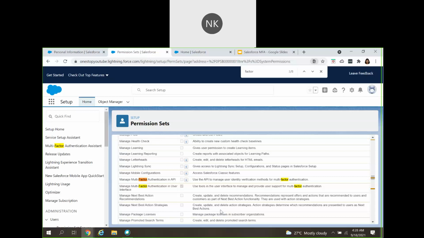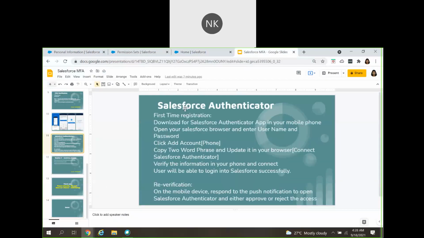Now if the users are using the third party authenticator app, what you can do, if the Salesforce admin has that specific permission set, is disconnect the app from the user account, and then we can ask them to reconnect. Whenever the users try to reconnect, it will ask them to go through the whole process we have discussed, like first time registration, where the user will be prompted to perform all of these tasks, and then they will be allowed to log in into the Salesforce.